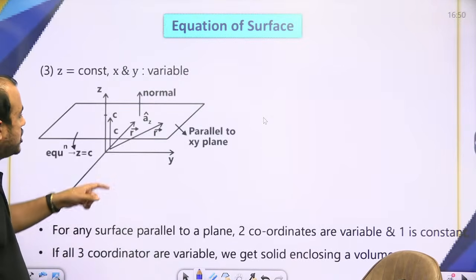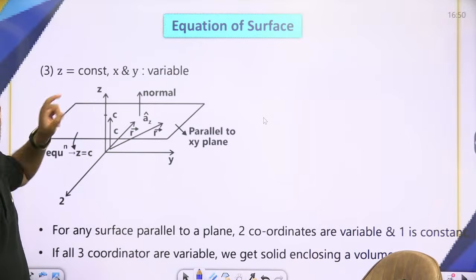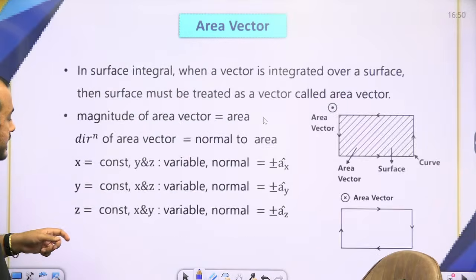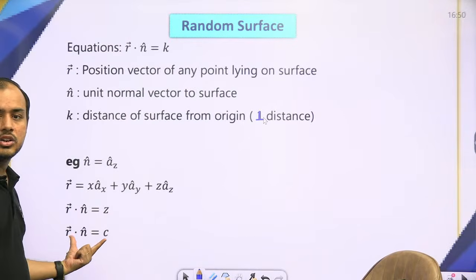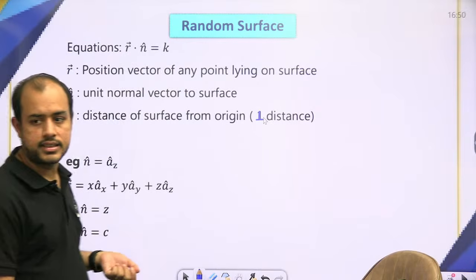So that is z equal to c. इस प्लेन की इक्वेशन क्या थी? z equal to c थी ना? तो r dot n is z and z equal to c, therefore r dot n is c. ऐसे लिखा जाता है।